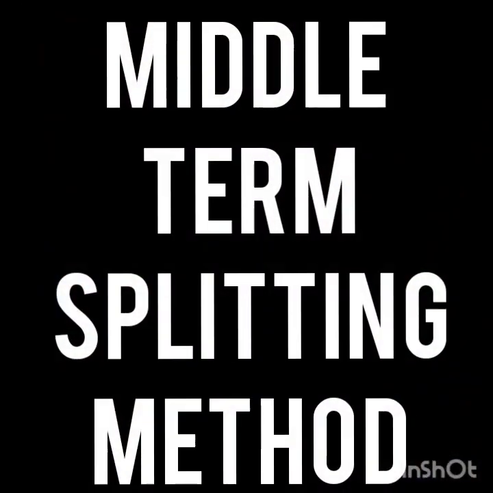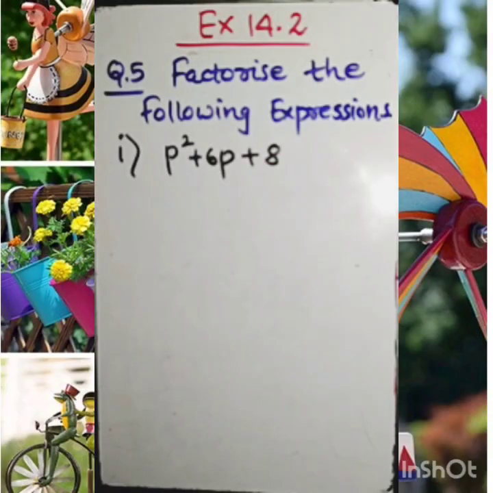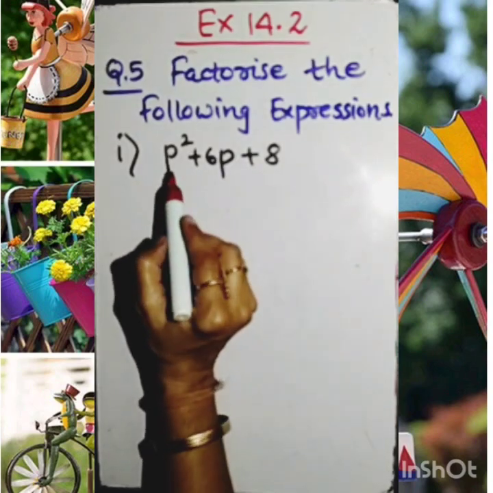So dear student, exercise 14.2, it's a question 5. It's based on middle term splitting method, which is quite new for you. The question is factorize the following expressions. But how to recognize that we need to apply middle term splitting method? Middle term, how to justify? First, you can see here this expression is having